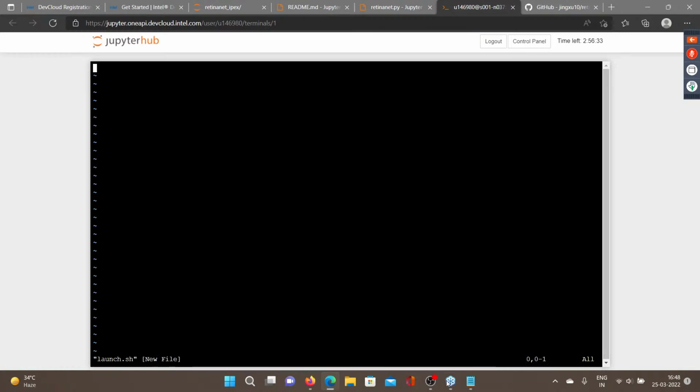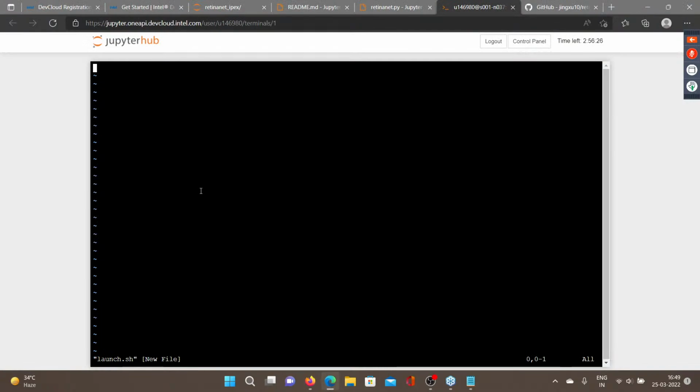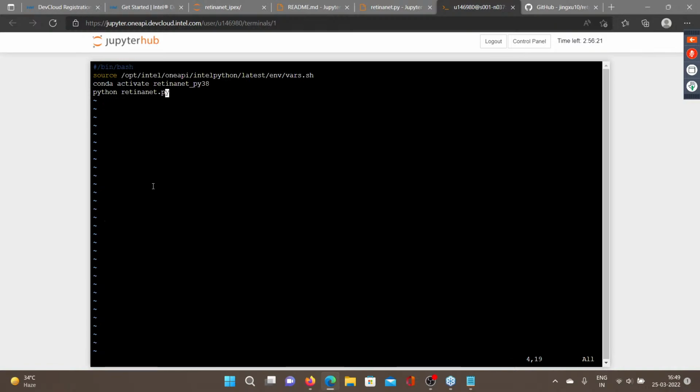So we can use this vim command to open, let's say, the E file. E indicates that an error occurred. But if this E file is empty, then it indicates that we got the script executed successfully. So we can open this O file, launch.sh.o and a number, and then you will see that